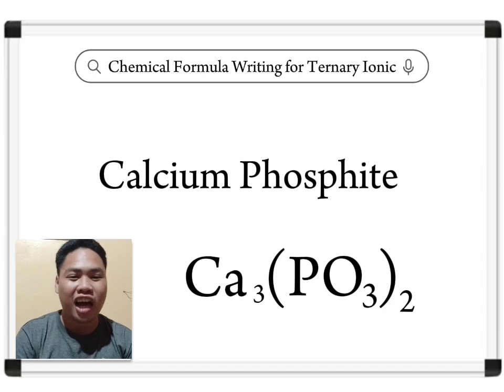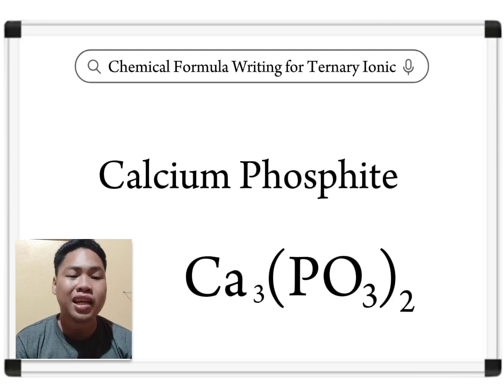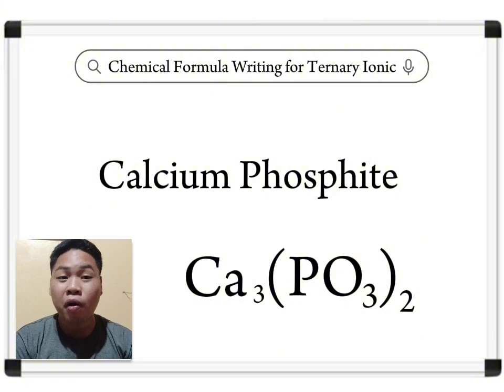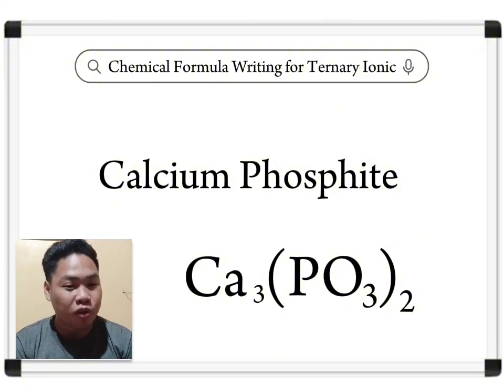However, we should also check our work now. You remember calcium had a positive 2 charge, and phosphide was a negative 3. We have 3 calcium ions here and each one has positive 2, so 3 times positive 2 gives us positive 6. And then we have 2 of these phosphide ions, so 2 times negative 3 gives us negative 6. And we know that when positive 6 and negative 6 combine, they will cancel out. So this is the correct formula for calcium phosphide.